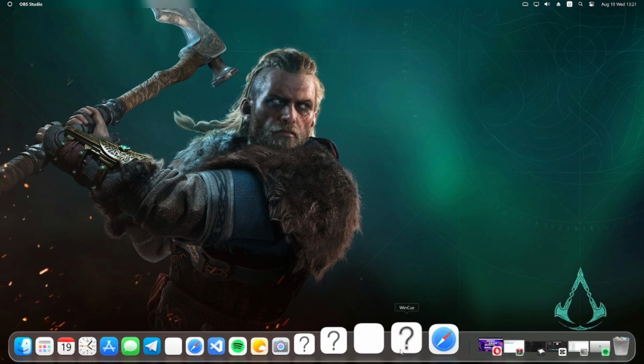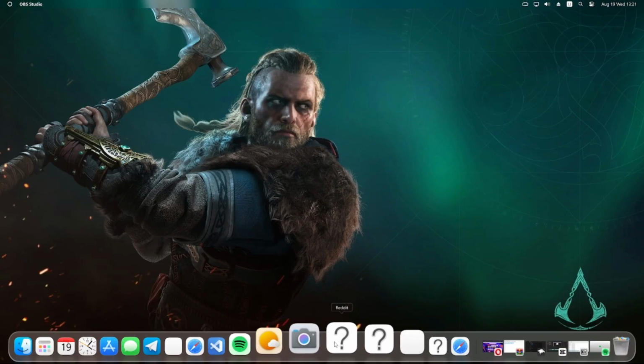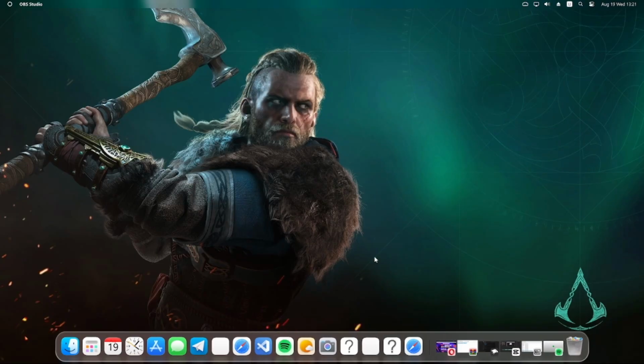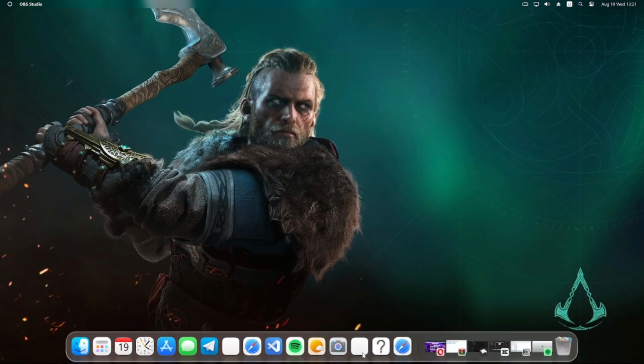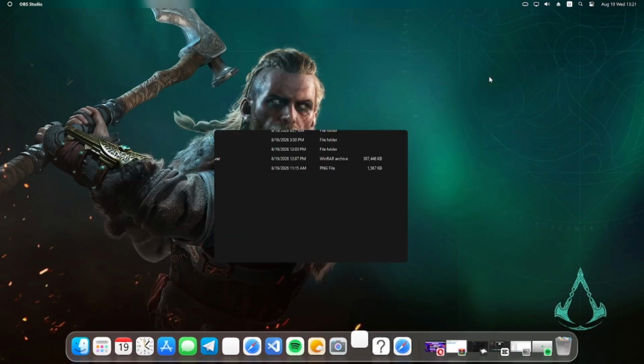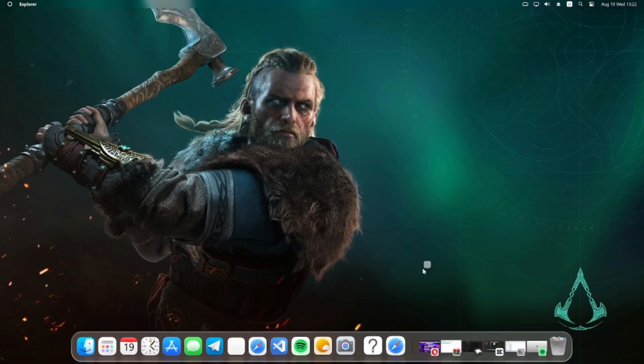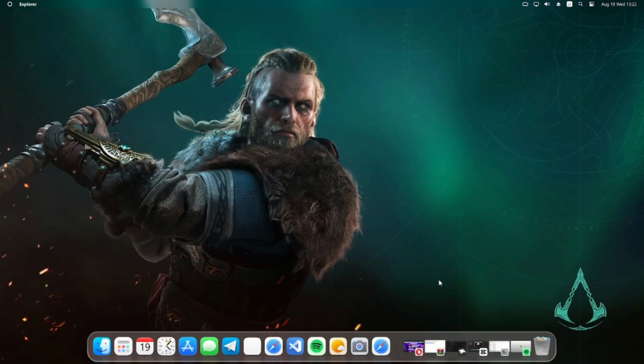So come to the taskbar. You can see some of the icons will be showing like this. That one you can just drag and drop them for them to disappear. Drag and drop them. Okay, sorry, let me close it. Just drag and drop them, move them away. Drag and move them away,